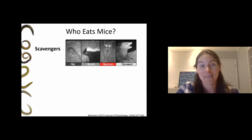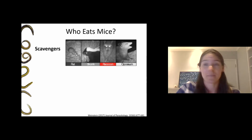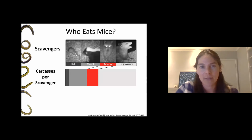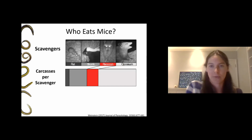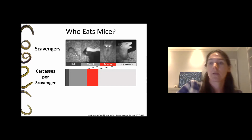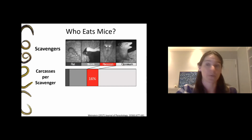But raccoons do consume some mice. We get our typical scavengers out there: rats, skunks, raccoons, and opossums. Overall, if we break down the amount of scavenging done by each potential scavenger, we see that raccoons get about 16% of the carcasses. So there's definitely a potential trophic link there. They're